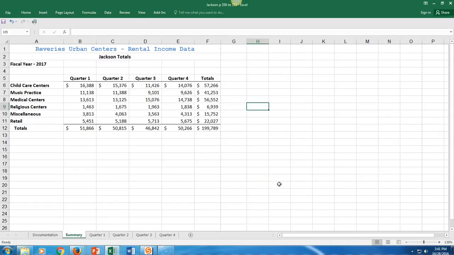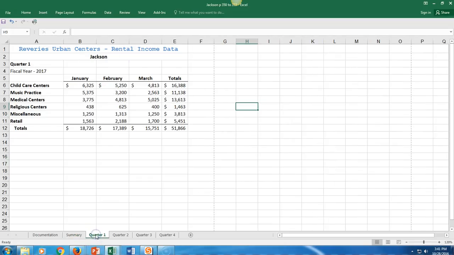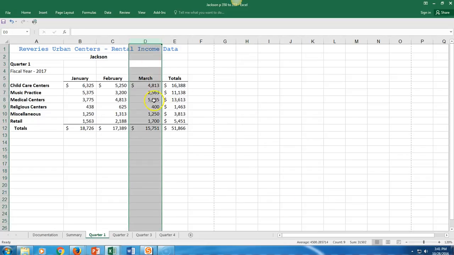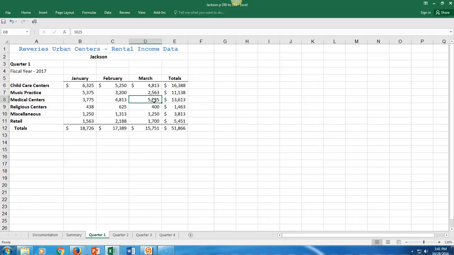Go to the Quarter 1 worksheet. You'll update the rental income for medical centers in March. In cell D8, here's D, and here's 8. So we've got medical centers for March, which currently reads 5,025. Enter 4,925. Okay, the rental income for March changes to